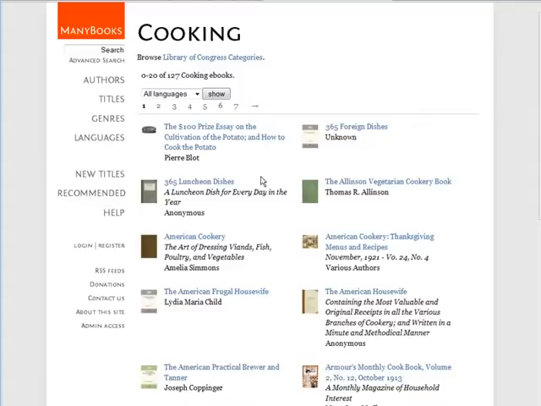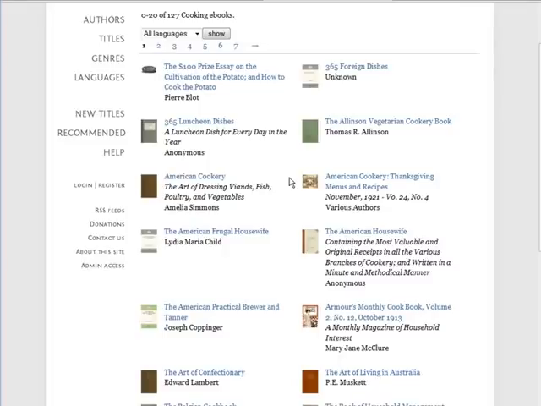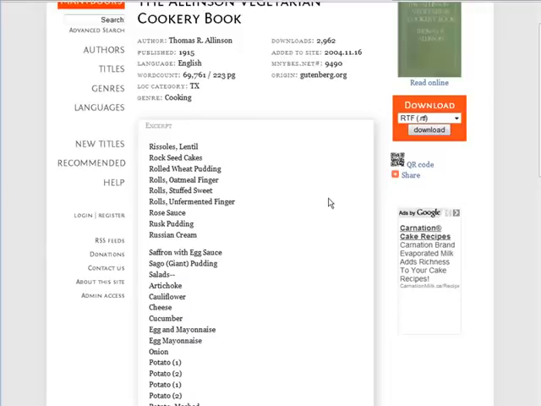Okay, so you can look through these until you find something that looks interesting to you and that you might want to create a product from. Okay, so let's say we were going to create a vegetarian cookbook. So you go into the product here and you get some information. Up top you have the original author, the date it was published, language it's published. You see how long it is here. This is a number of words, a number of pages, location. Of course, the genre we already know, how many times it's been downloaded, when it was added to this site,